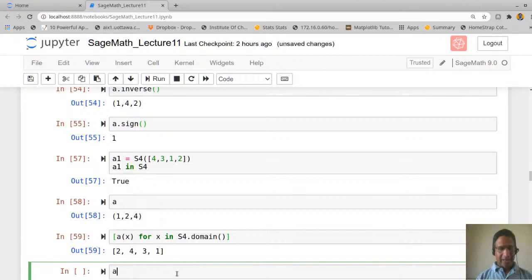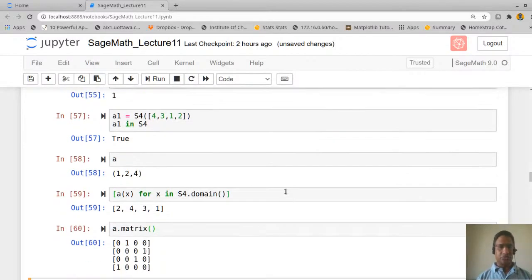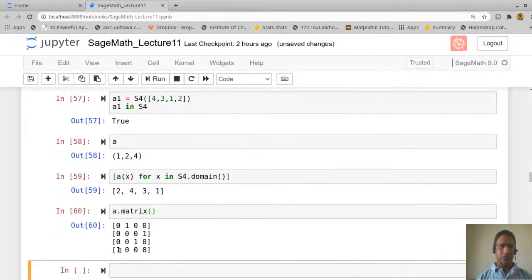You can even find out A dot matrix. So this is a permutation, right? 1 to 4 is a permutation. In this case 3 is fixed, so it will give you a permutation matrix. So you can see here 1 is going to 4, 2 is going to 1, 3 is as it is, 4 is going to 1, right?